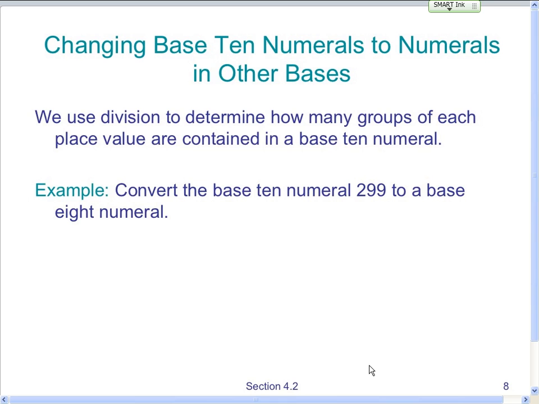So now we're going to go in the opposite direction. We have a base 10 number, which is 299. We want to convert it to base 8. Probably the easiest way to do this is to think of the units, sticks, and flats that I talked about with the Alphabetia. Remember when we were talking about the Alphabetia, we had a flat which represented 5 sticks,